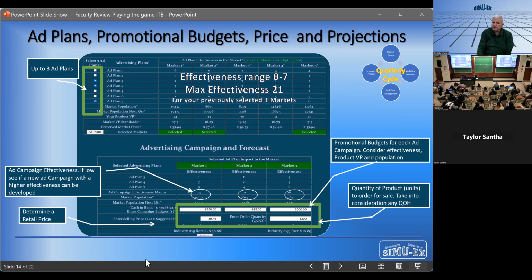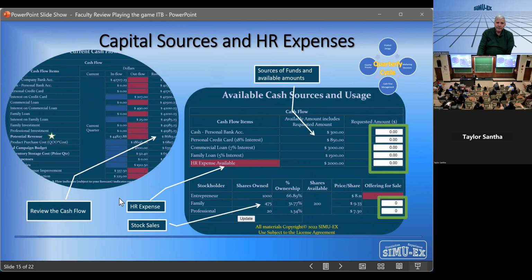Once you're done, you then go to the final step, and the final step is to look at your pro forma cash flow. And in that pro forma cash flow, ascertain, do you have sufficient capital to run your business? Now, the pro forma cash flow is relatively accurate, except for the one element here, if you notice with a star, called revenue projections. Revenue projections are merely your expectations.